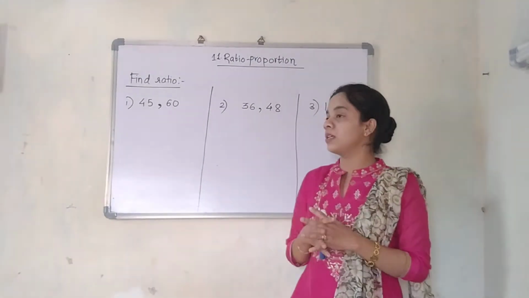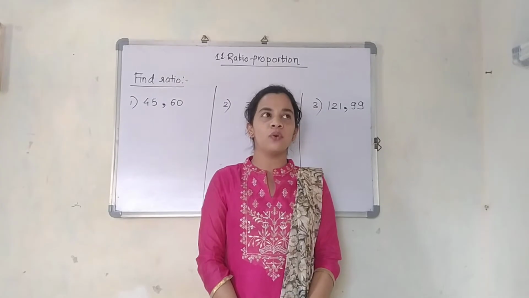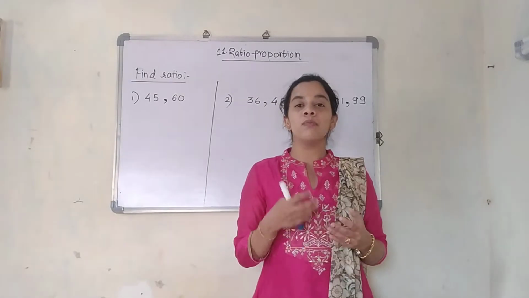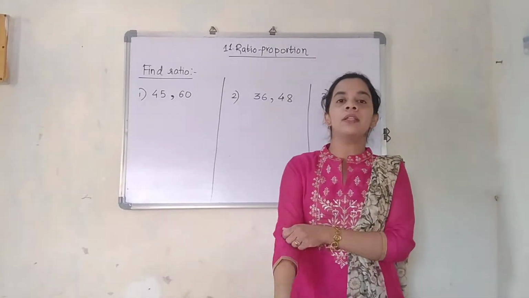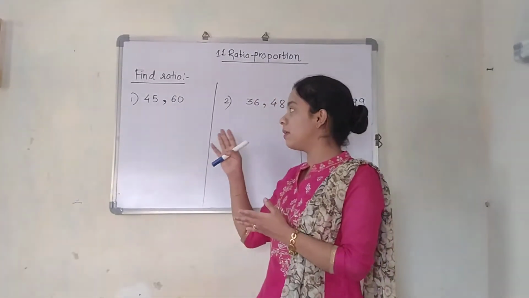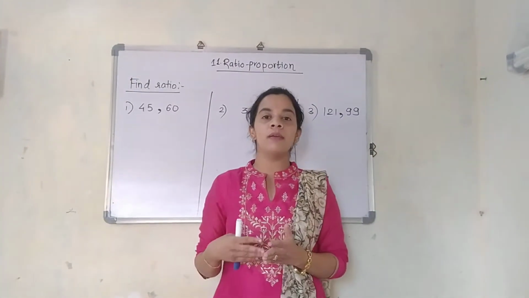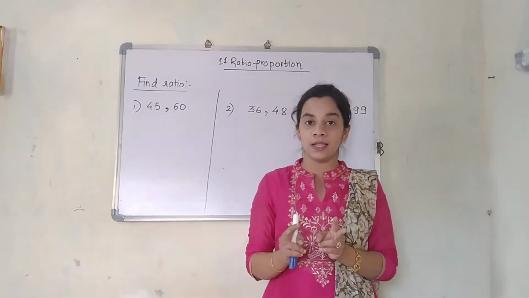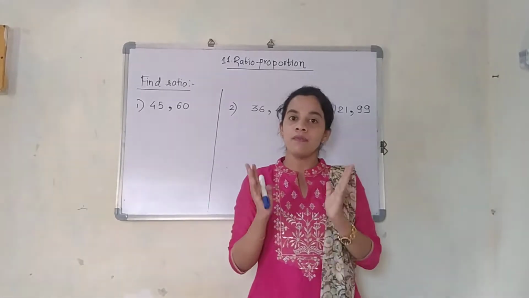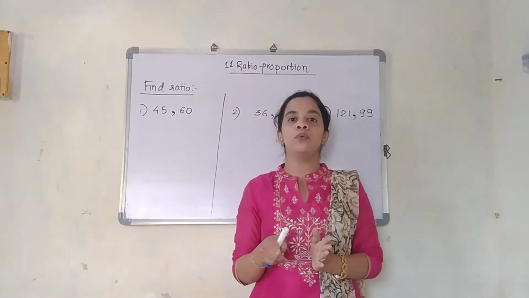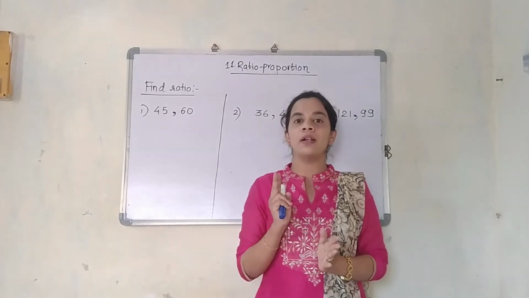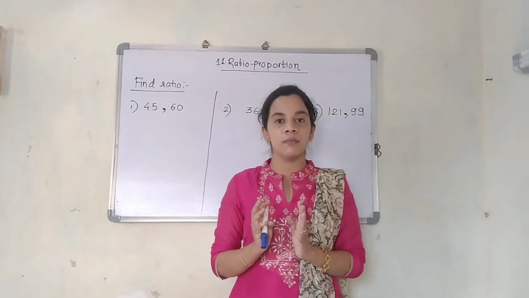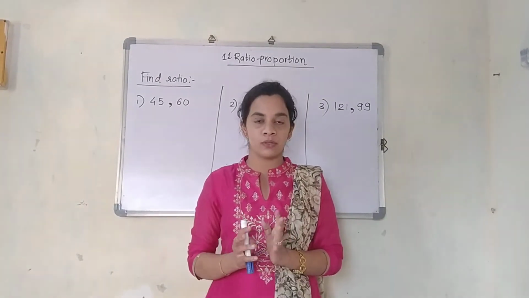So right now we are going to find out the ratio. This concept is used in the higher classes also, and it will be easy for you to find out the smallest form of it. So while doing the comparison, always remember this is a simple part of it. The next part of this ratio will be based on the units itself. When you are comparing with the help of the units, you are going to see that the units are the same. If they are not the same, convert them and then find out the ratio. Don't find out the ratio by given things as they are. Ratio means basically the comparison between two things, two objects, two numbers, etc.